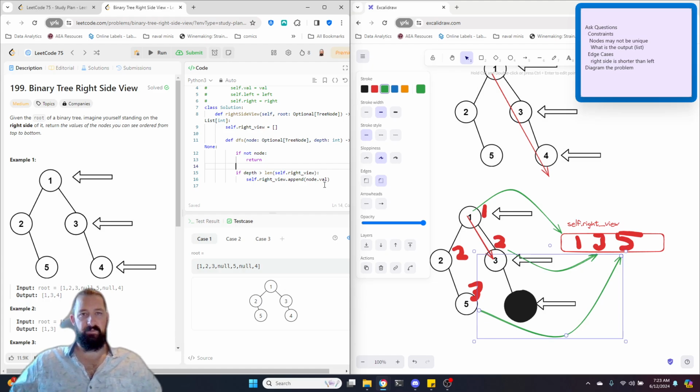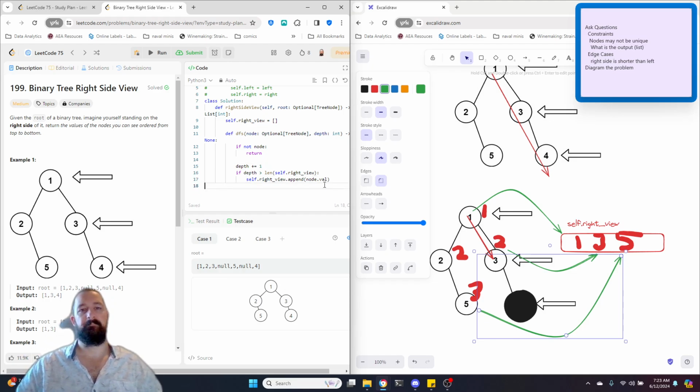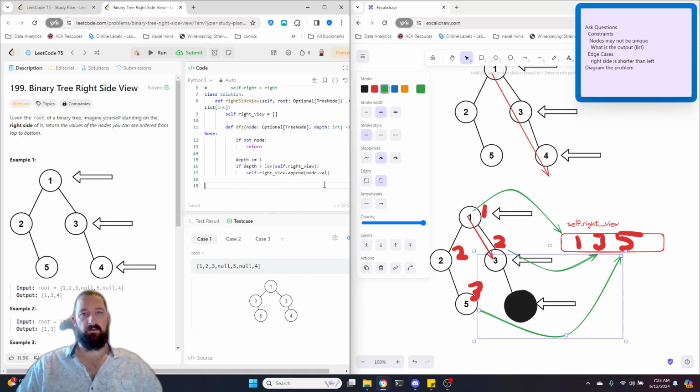Let's go with depth equals 0 for the first call, which means depth plus equals 1 before doing that. Okay, and then,